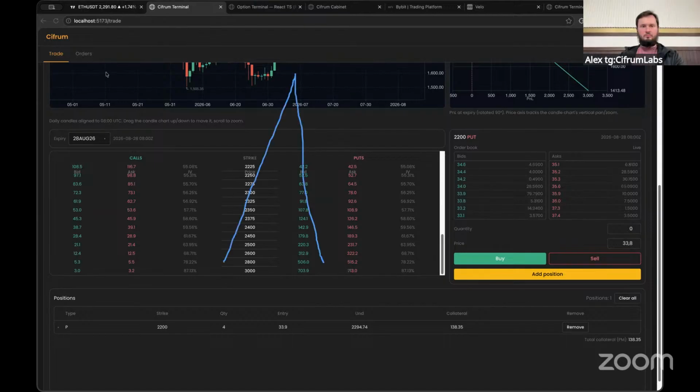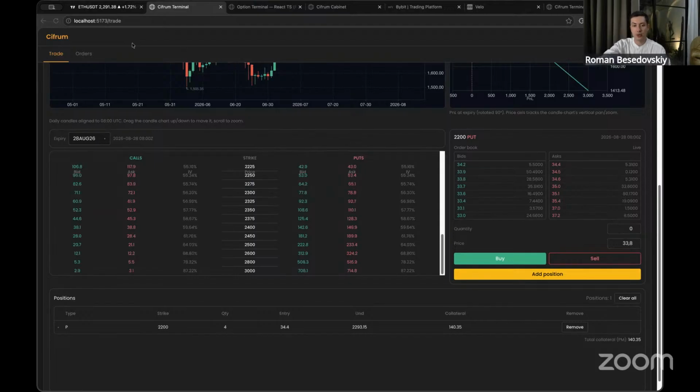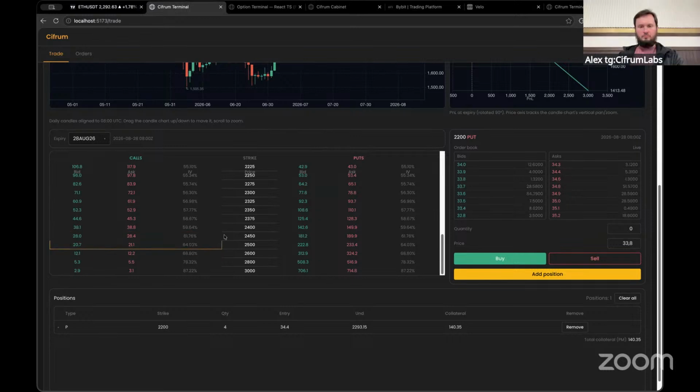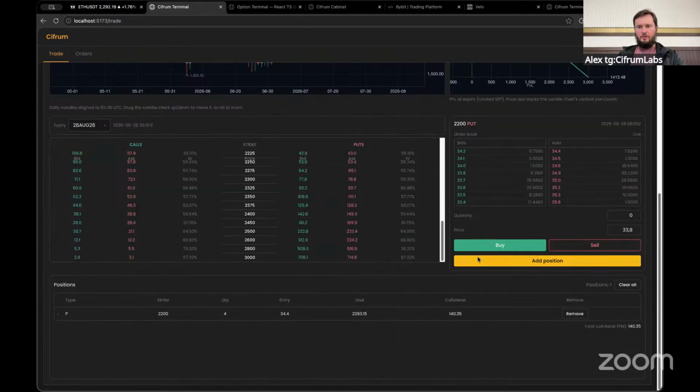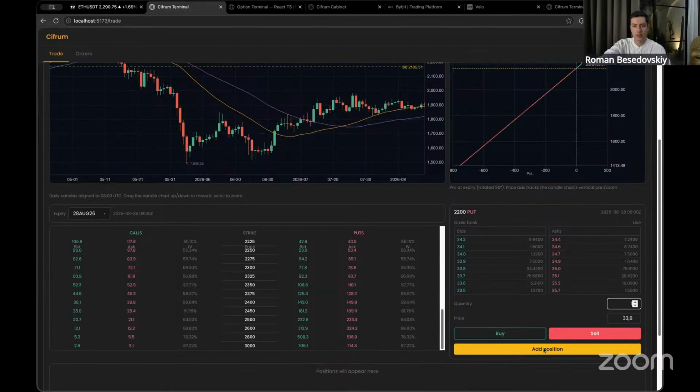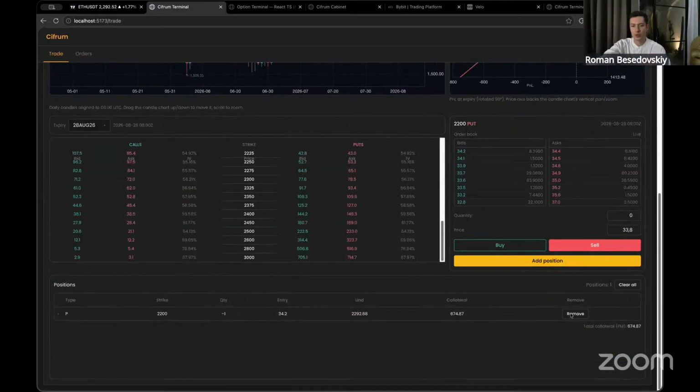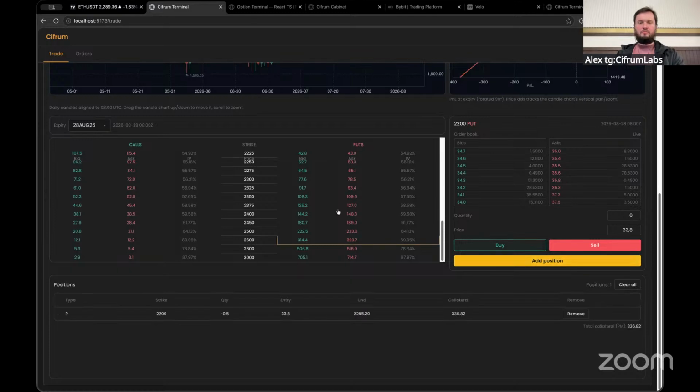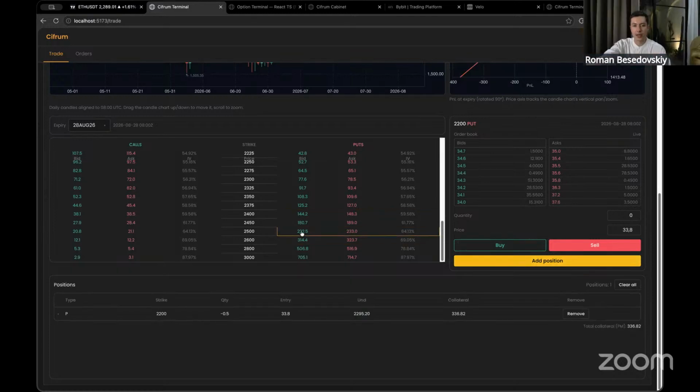So my idea is just to try to sell the 2,200 put option. Oh, wait, I bought it. Yes, you bought it. Set the 2,200 put option to 0.5. Let it be 0.5. I don't want to have strong risk, as I already told, after a good trade. And hedge it with, for example,